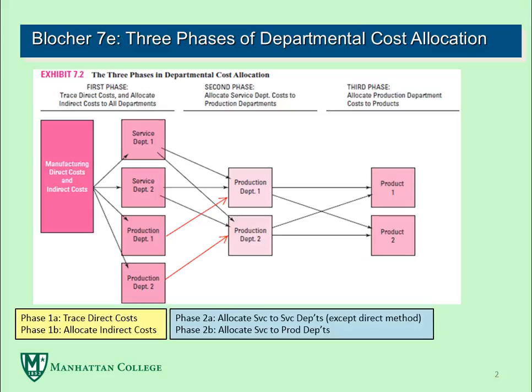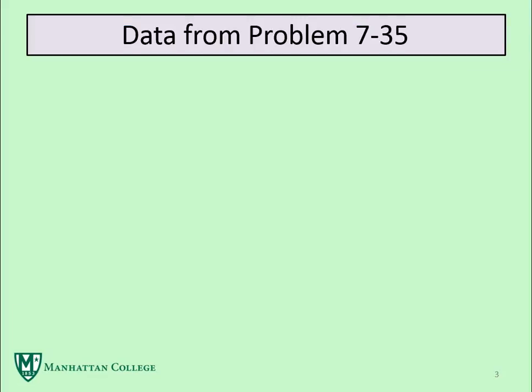The service departments are allocated to other service departments in the step and in the reciprocal method, but they are not allocated to other service departments in the direct method. In phase 2B, all service departments are eventually allocated to production departments. We are not going to discuss the third phase in this problem. So, data from problem 7-35